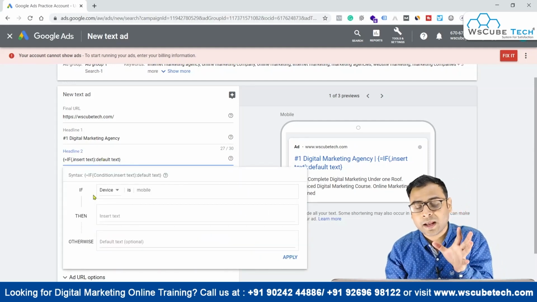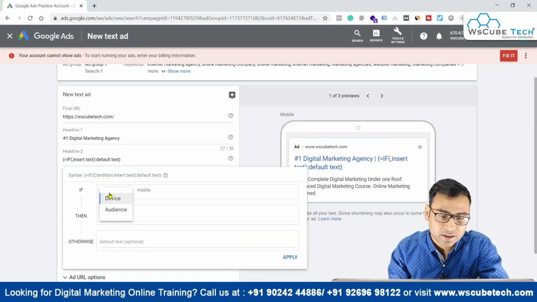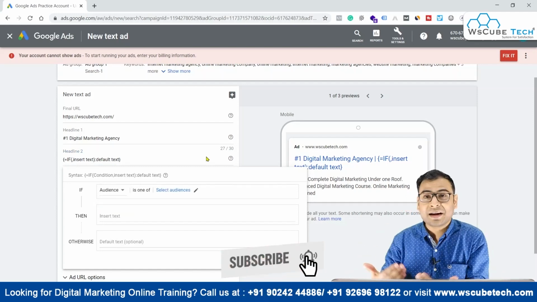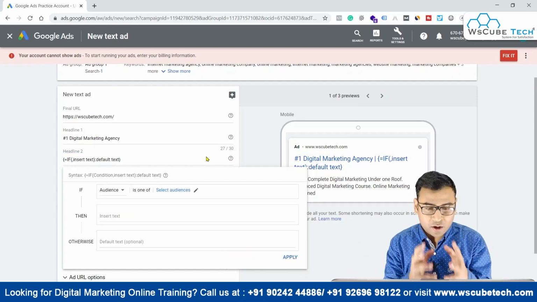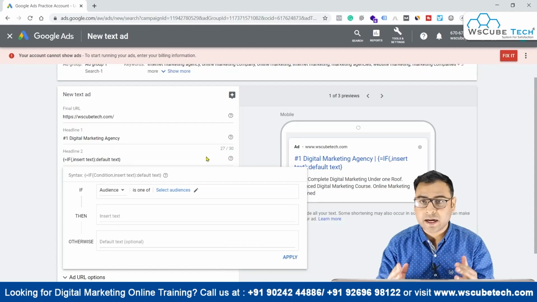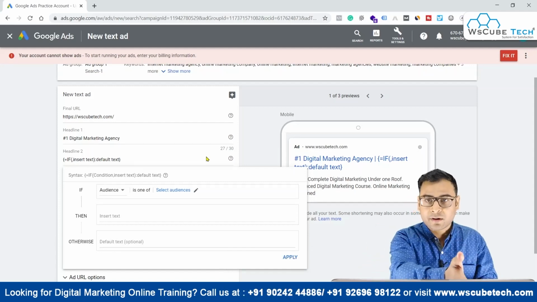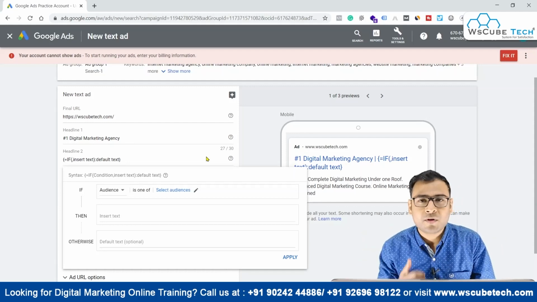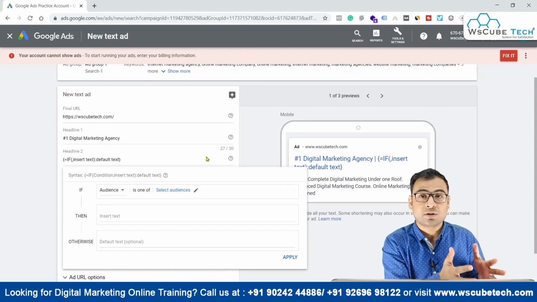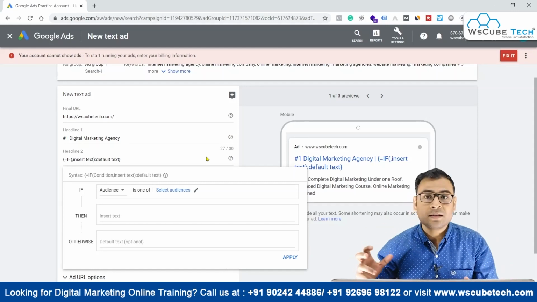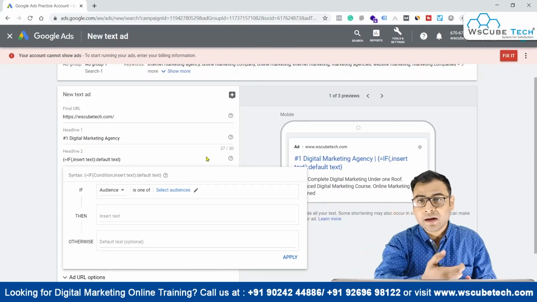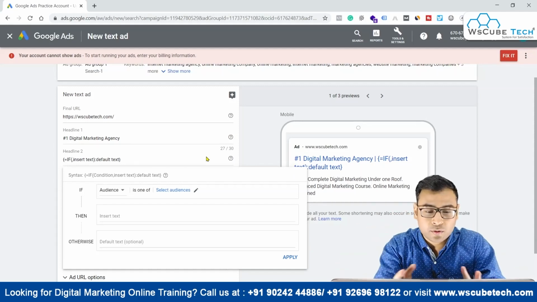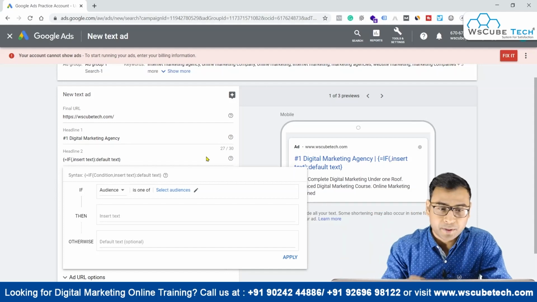Now you can also be audience specific and select the audience, where this kind of headline or this kind of description can convince them. So you can write your headline or description according to the audience, as we did for devices. If you analyze that people coming from mobile devices would love this kind of headline, and I show it to people coming from mobile, there is a high chance that they are going to click and convert. This is how you perceive things, and this is how you implement things.